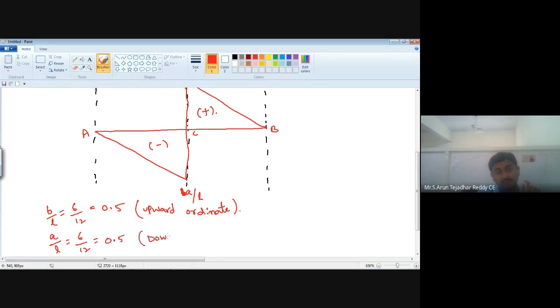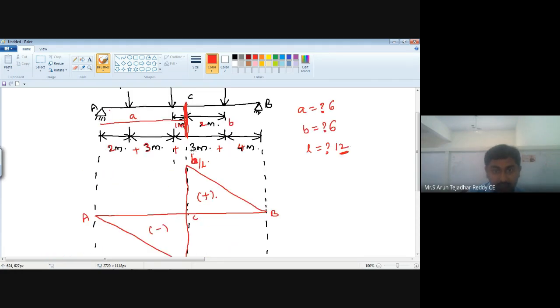This is our downward ordinate. Just substitute here. What is the value? 0.5, and here it is also 0.5. Okay, now